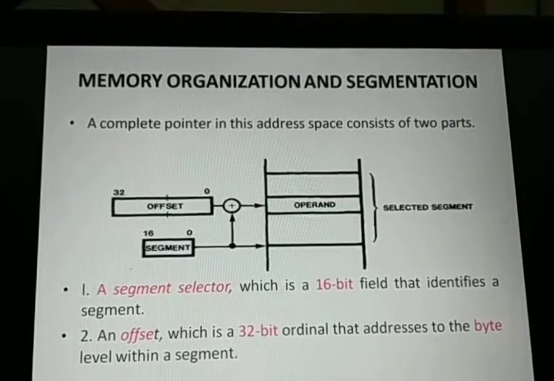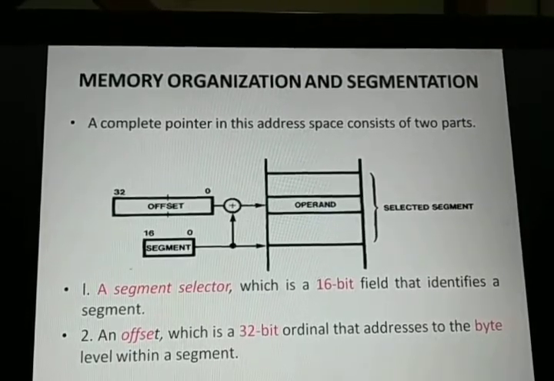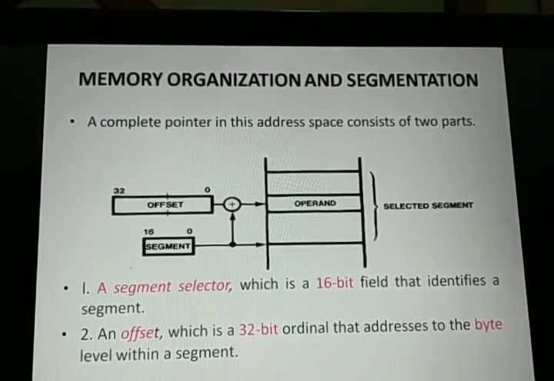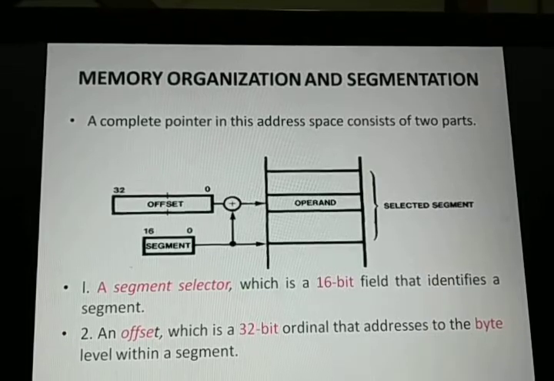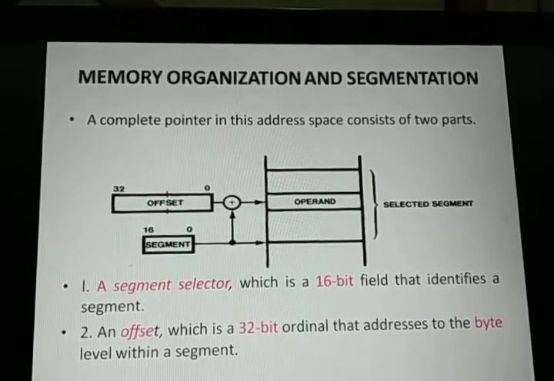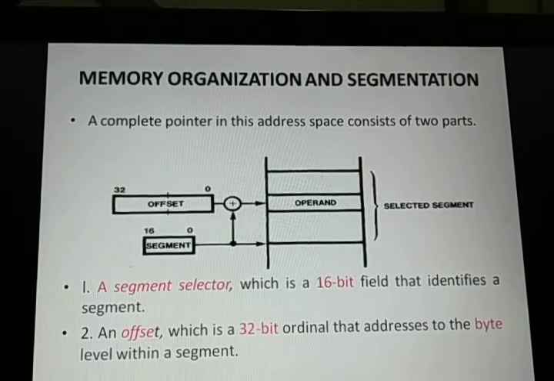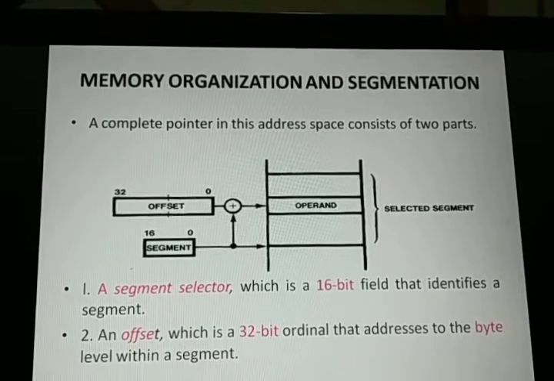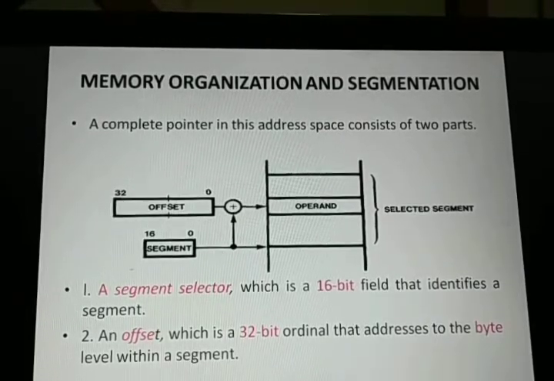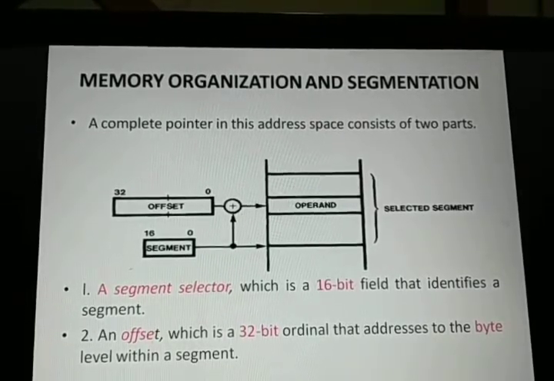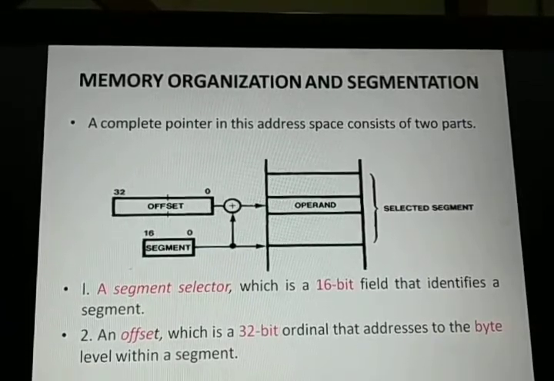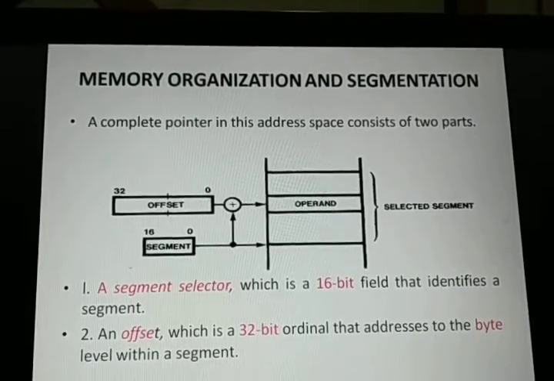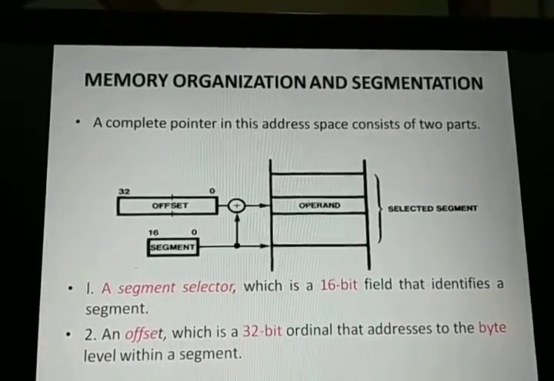What does that mean? Basically, your logical address is divided into two fields, the segment field and the offset field. Here in this diagram you can see your segment field or selector field is a 16-bit field and the offset field is a 32-bit field. The selector field contains the information about the particular segment descriptor. That segment descriptor provides the base address. When we add this base address to the offset value, you can find the particular operand, or we can say that here you convert your logical address into a linear address.